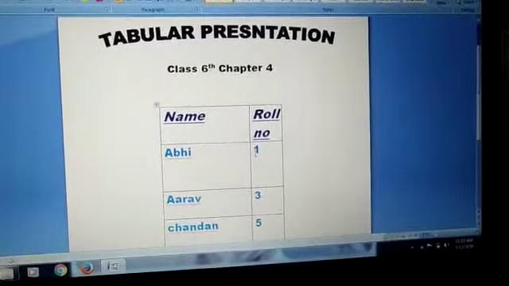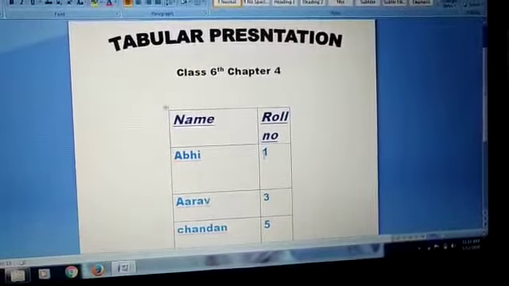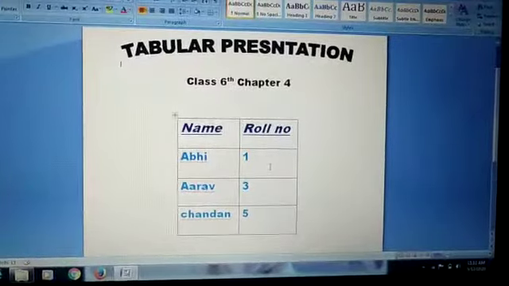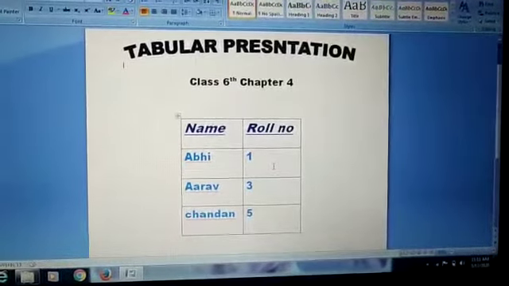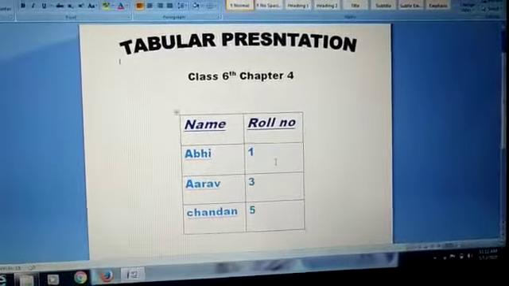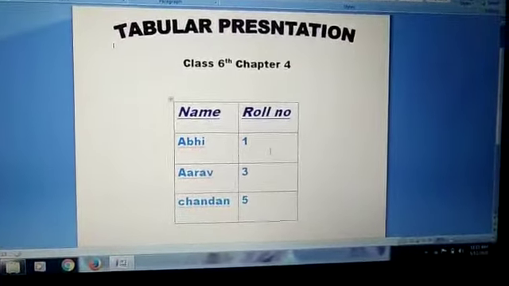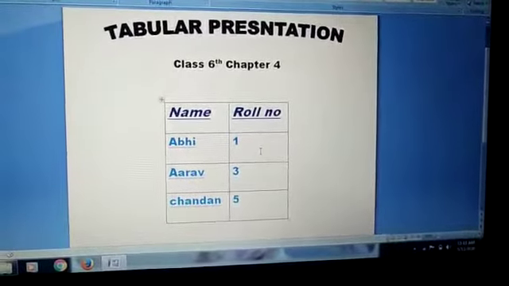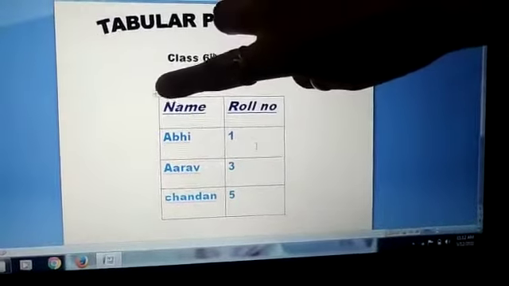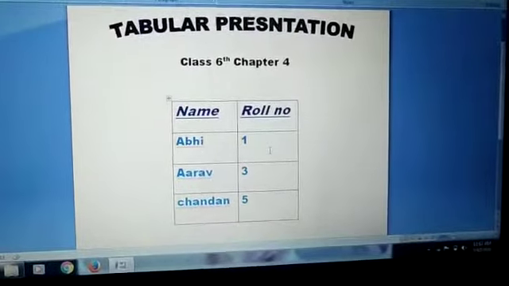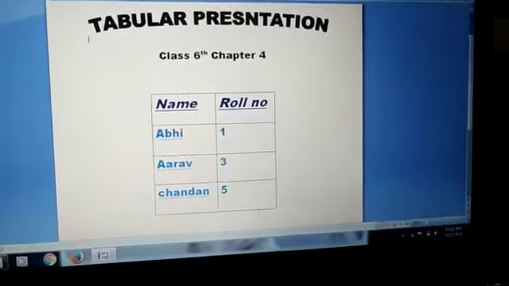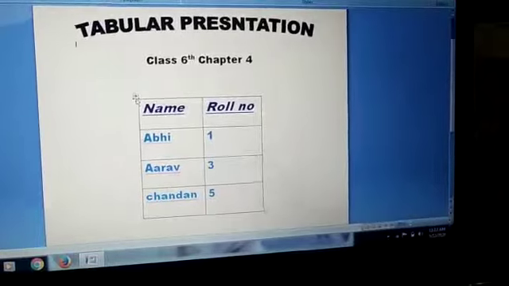Now we will do page number 39, moving a table. You can move a table from one location to another in your document. Place the mouse pointer over the upper left corner of the table you want to move. As you can see that this is the upper left corner of my table. The handle appears like this.